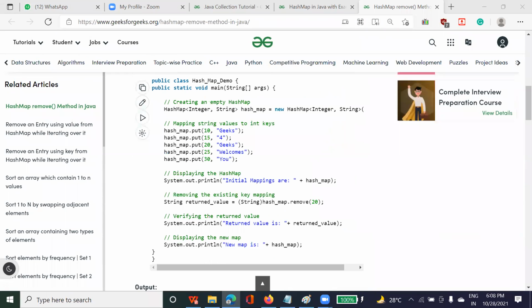Rachana, are you there? Yes, sir. Have you practiced the program that I mentioned yesterday? Yes, sir, I have done it. Can you show me? Can you share your screen and show me those programs? Sir, you have disabled the screen sharing. Okay, I'm enabling that.